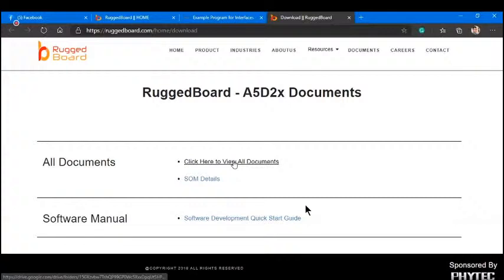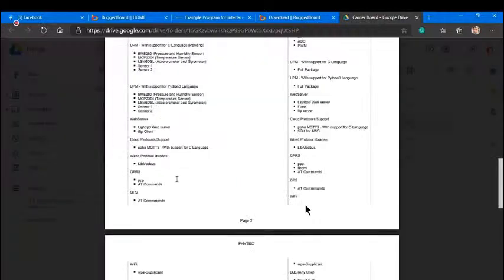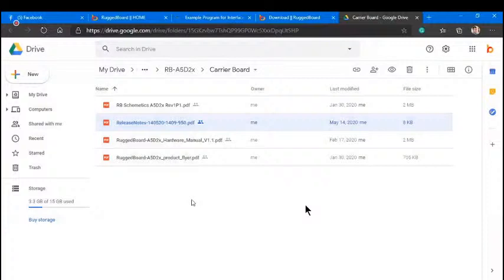You can see the schematic here, and also you can see the release notes, the software release notes I mean to say. So by default, what are the things you get in the software? You will see the software components available by default. These are anyway customizable. So you can see the release note here.